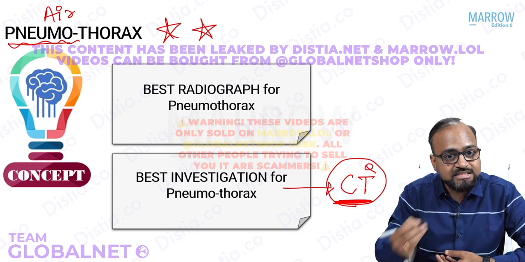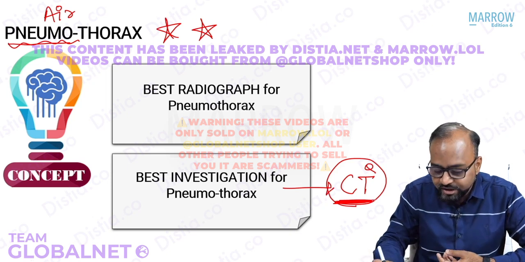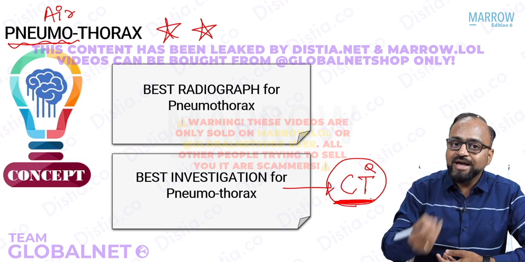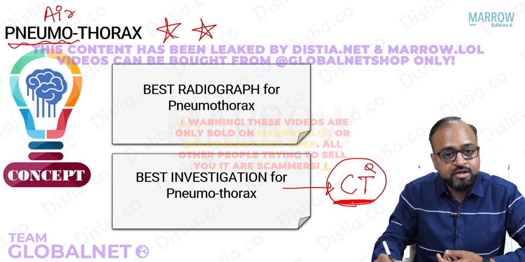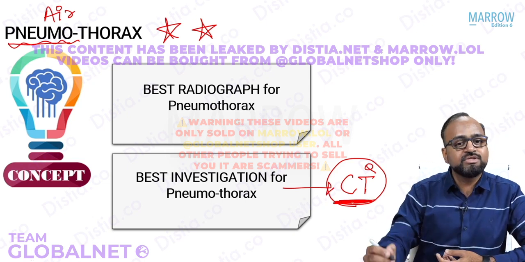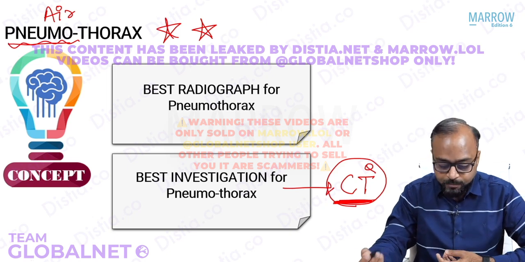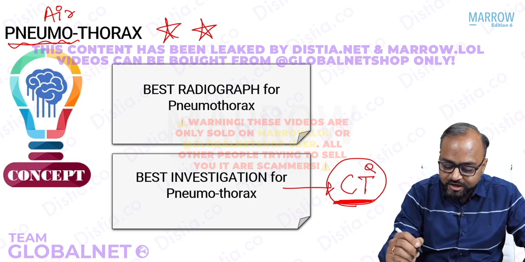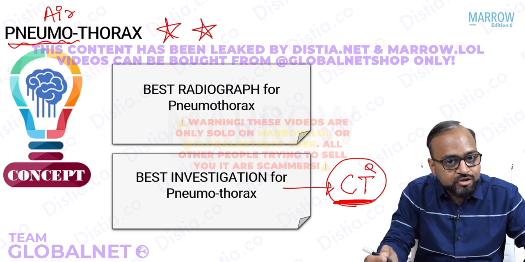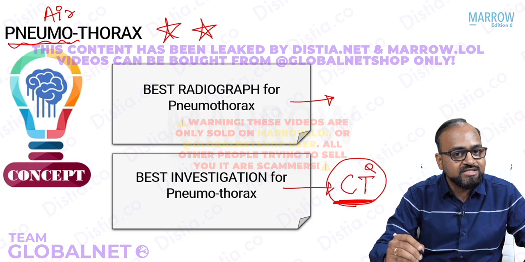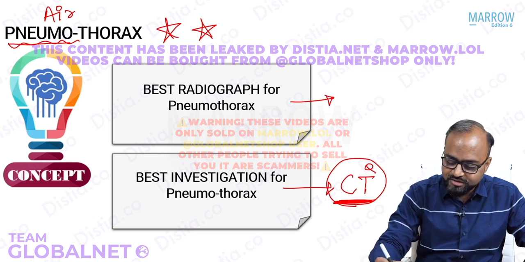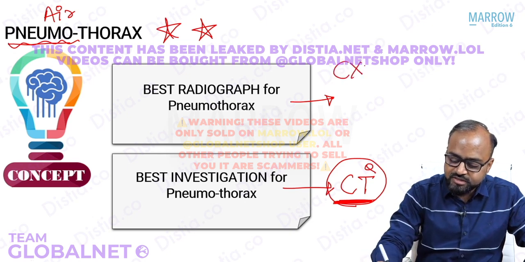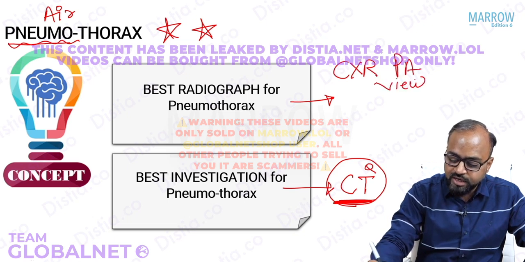So pneumomediastinum, investigation of choice is CT. Air you want to detect. Pneumothorax, investigation of choice is CT. Pneumoperitoneum, the investigation of choice is CT. But if your examiner asks you what is the best radiograph or X-ray for detection of pneumothorax, the best X-ray for detection of pneumothorax is a chest X-ray PA view done